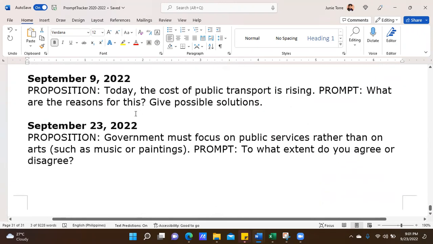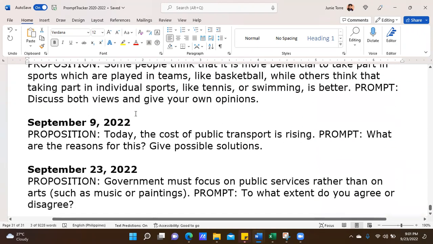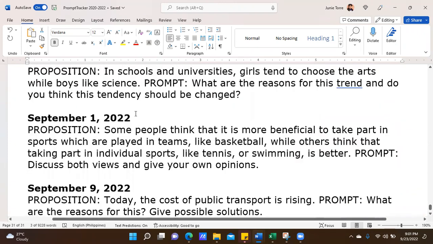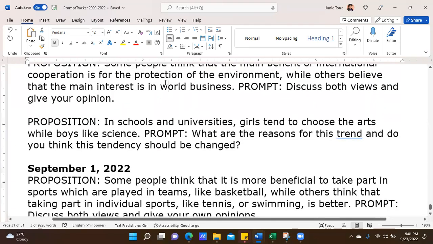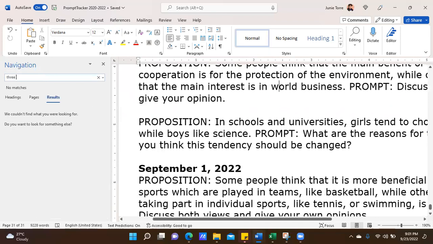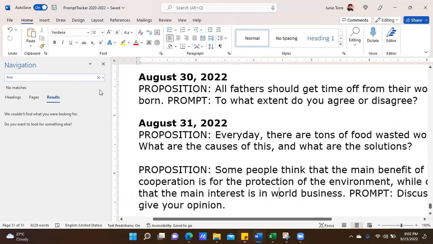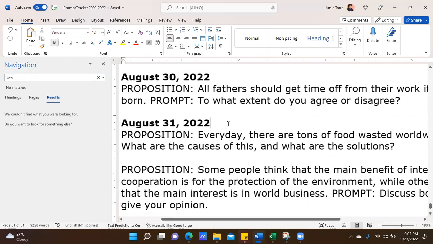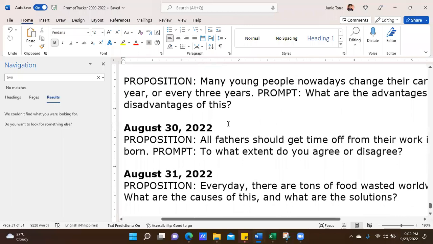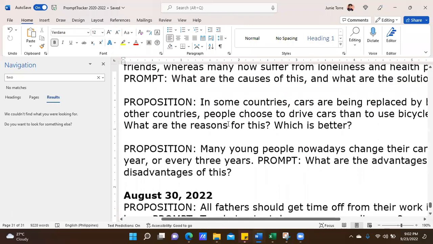Nasaan na ba yung staying 2 to 3 years? Nasaan na ba yung 2 to 3 years na yun? 3 years. 2 years. Ayun. Ay, I found it. I found it. 2 years. Go. Let's go. Let's go. Nasaan na ba yung 2 years na yun? Similar. Ayun oh, guys. So, similar siya.